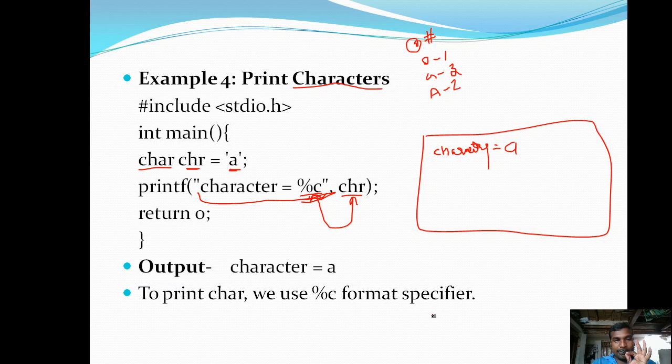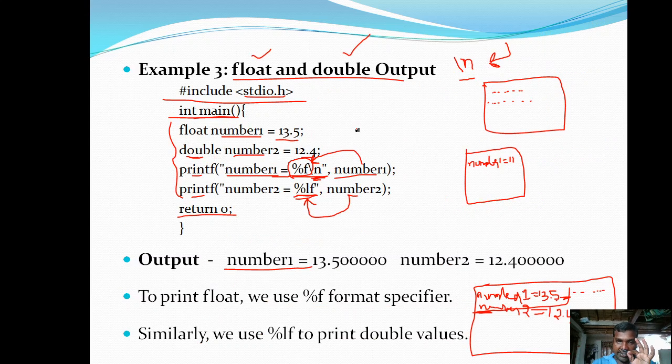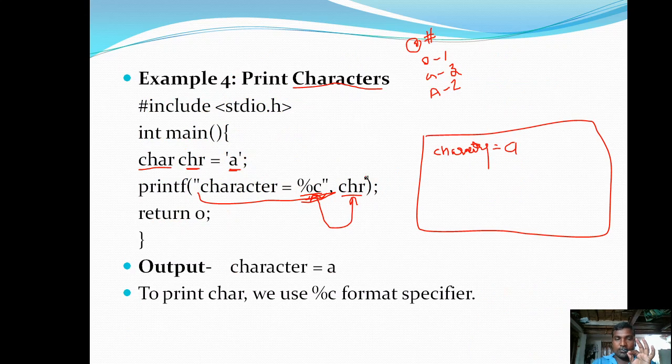So are you getting the point? In the previous slides, while printing integer values, we declared an integer variable, stored some value, and printed that value with the help of the %d format specifier. In the case of float or double type variables, we declared those variables and used them to print the values. Similarly, I want to print a character.